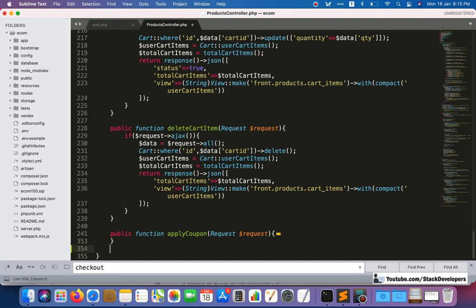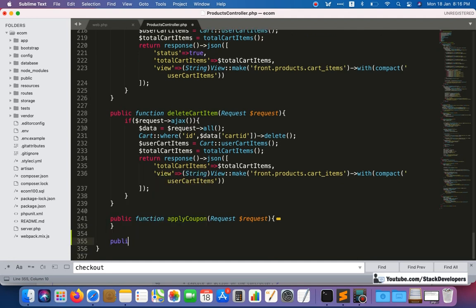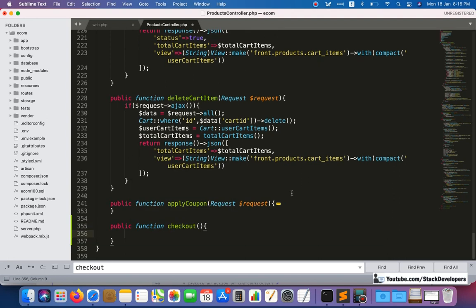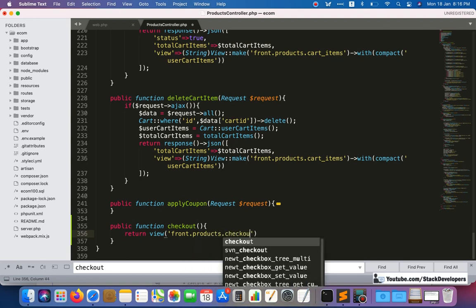After the apply coupon function we can create the checkout function here, public function checkout. And here we are going to return view. Front is already there. Inside front products, then we are going to create the checkout blade.